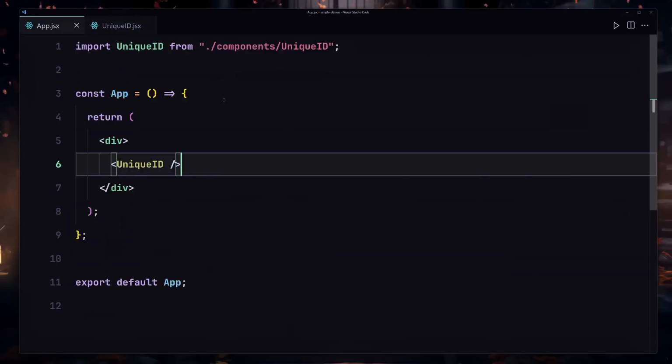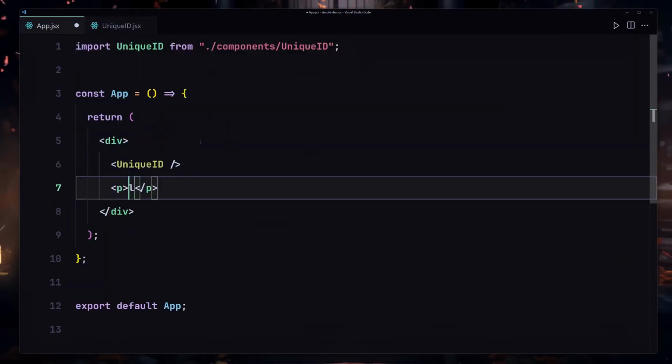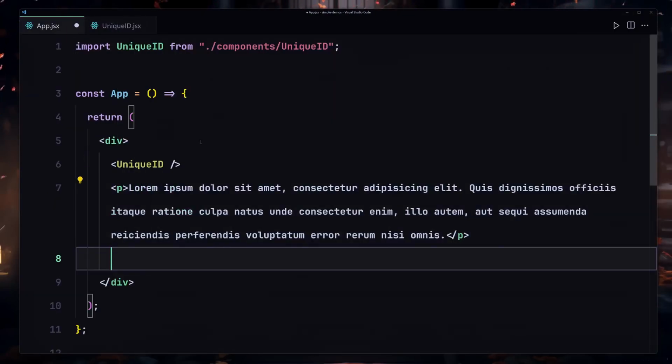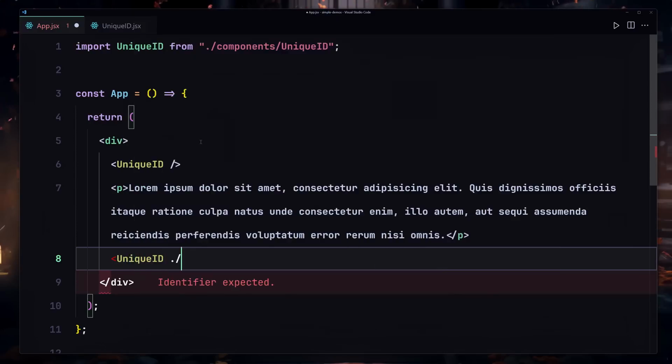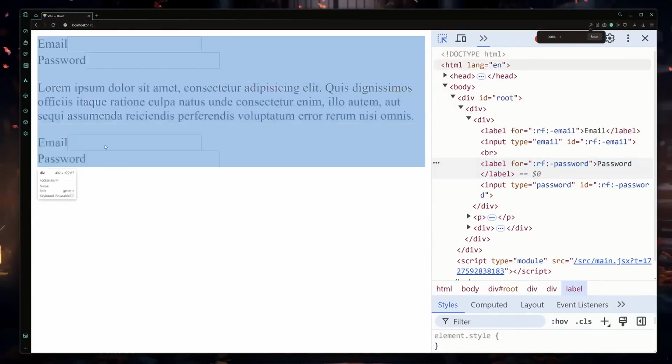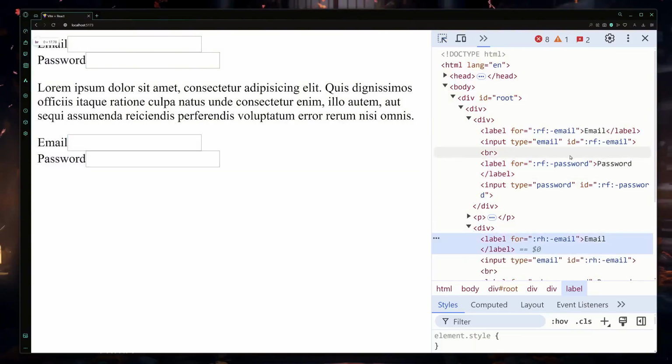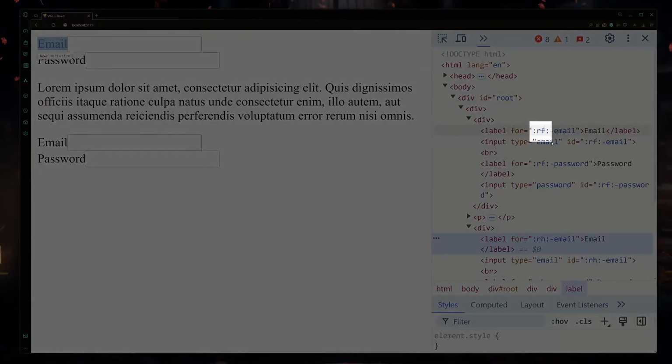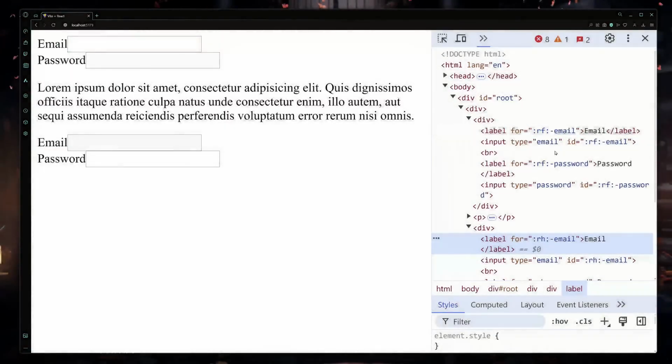Now let me go ahead and go to my App. I'll just create a paragraph which will have a lorem, and now underneath this paragraph we are going to be calling our component once again. Now let's just close this. If I close that and save my file, and now if I click on this component, here you can see this component has the RF. Let me just show you there. This component has the unique ID of RF, and this